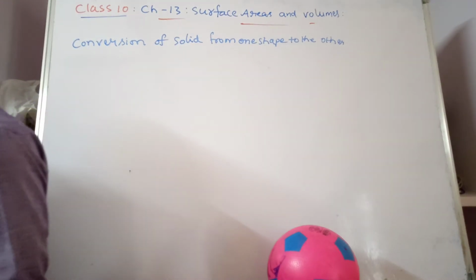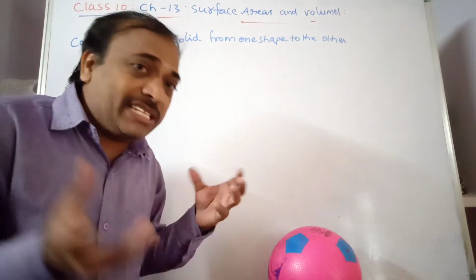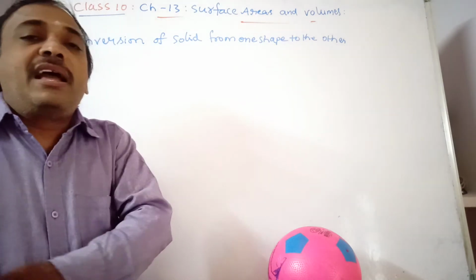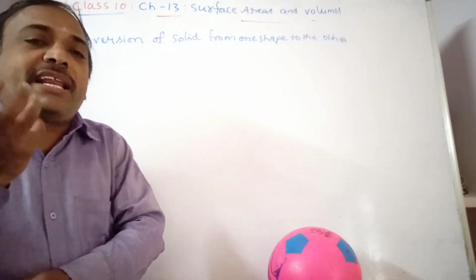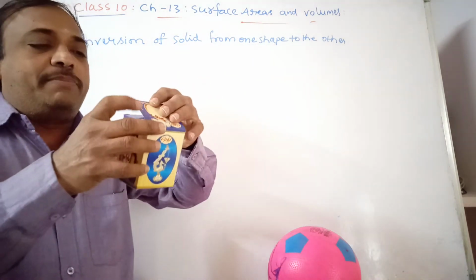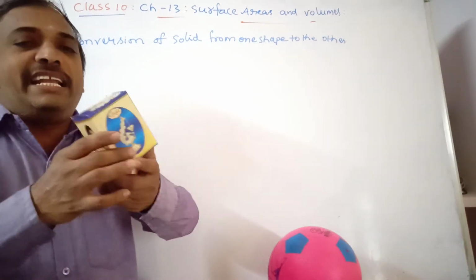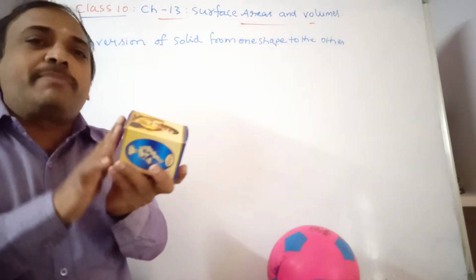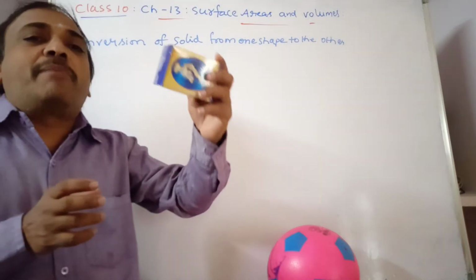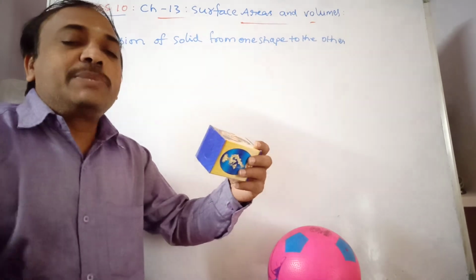Next, another one we will be having, like conversion. In the conversion we are finding how many glasses are required, how many cuboidal boxes, or how many small tins are required, like this. Now this is a cuboidal box. You observe it. This cuboidal box is melted. Think this is a solid. It's a box, but now we are assuming that it is a solid shape. So this we are melting and forming into some other small cuboids.